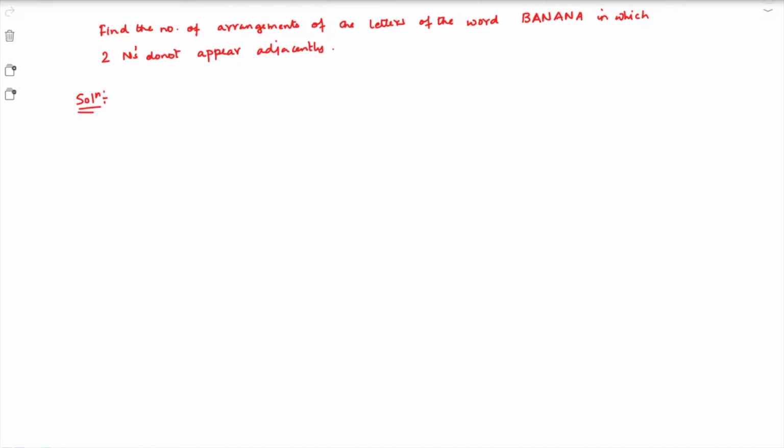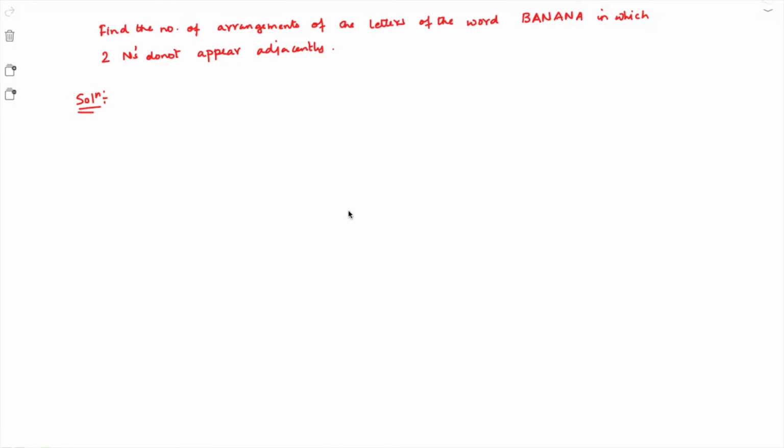Find the number of arrangements of the letters of the word banana, B-A-N-A-N-A, in which two ends do not appear adjacently. Going back to the sum,